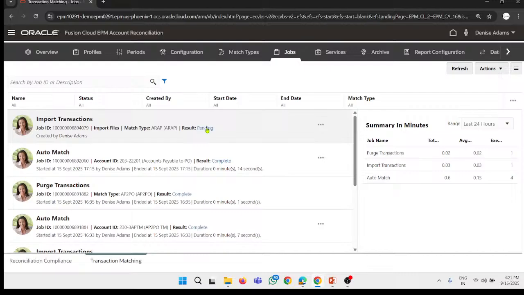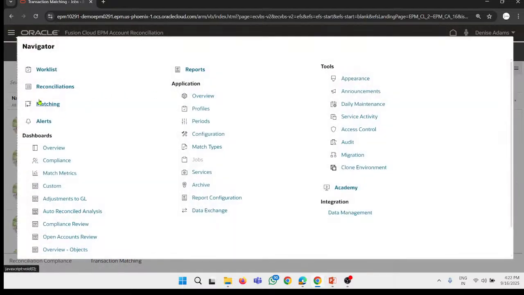So the process is in pending. Refresh it 2 to 3 times so that the result can be shown as completed. It's still running. So it is completed. Our next step is to go to your matching card,